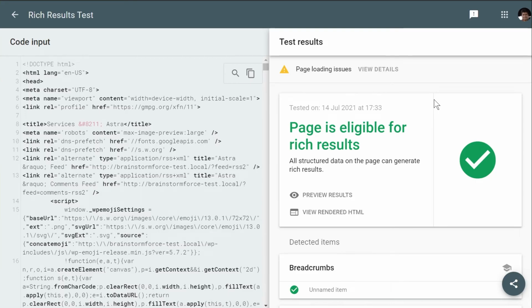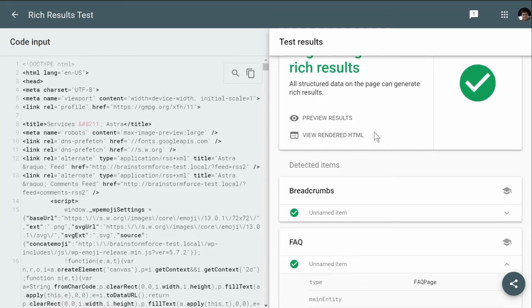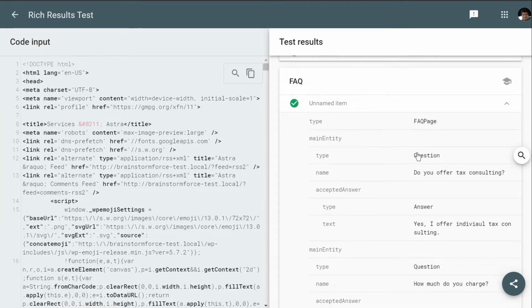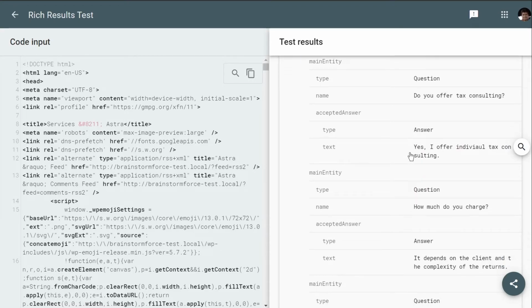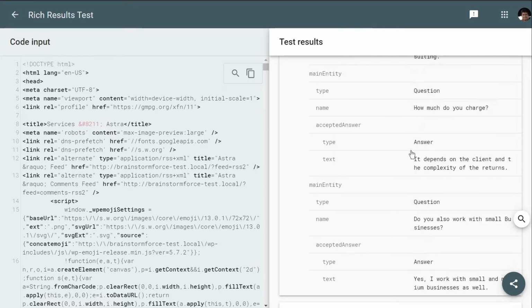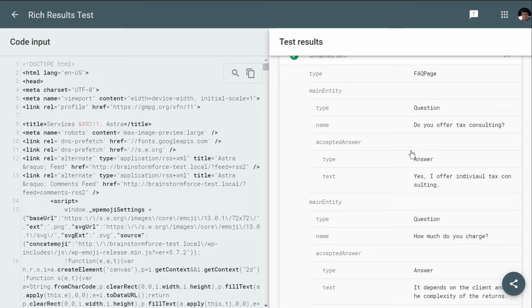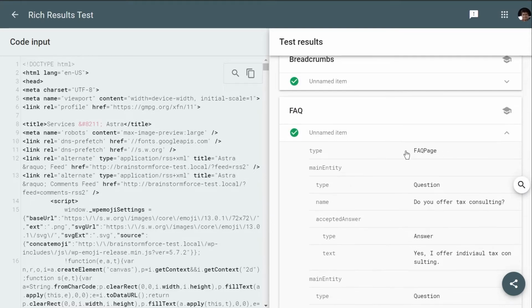So after quickly updating the post, I just copied the page code and pasted it here and ran the test once again. And as you can see, the page is eligible for rich results, which you see right here in bright green colors. That means Google is telling you that, okay, your page is eligible for rich results in the Google search results. And I took the liberty of expanding the FAQ section, and you can see the exact same questions that we just saw that I added using Schema Pro are also added here. That means Schema Pro is doing its job perfectly fine, which is the expected behavior, and adding the FAQ schema to your page.